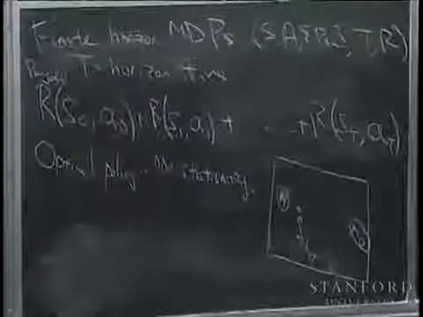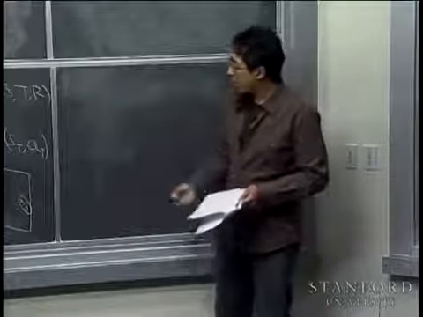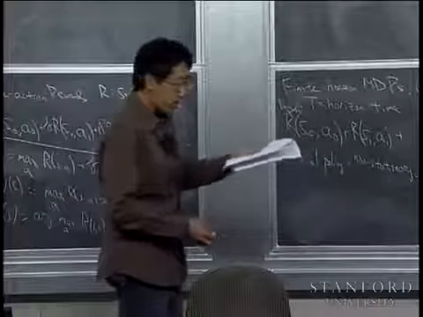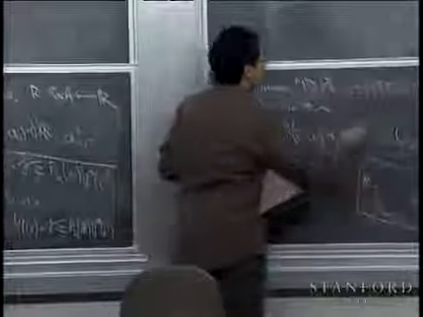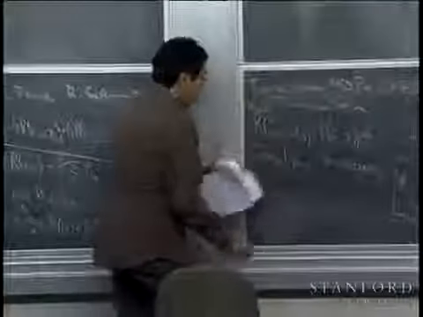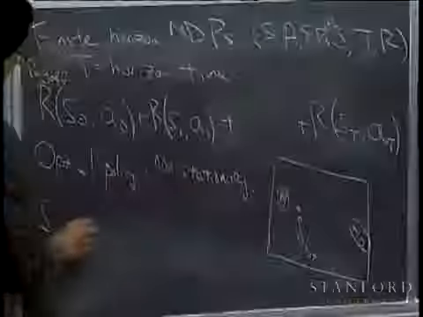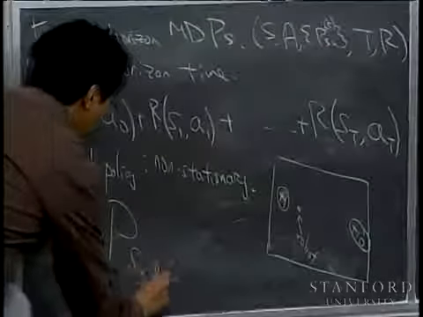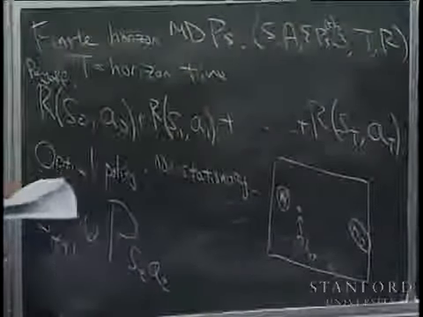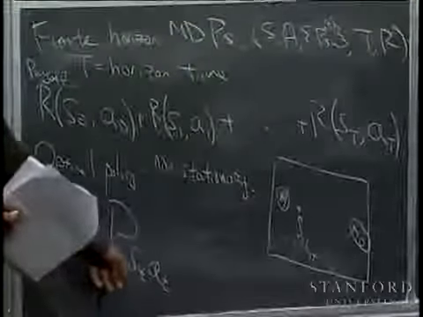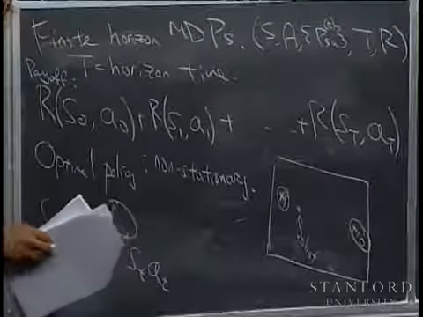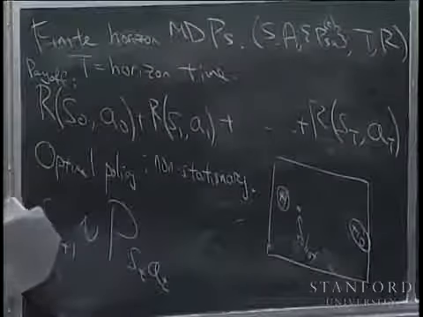Okay. So, in fact, since we have non-stationary policies anyway, what I'm going to do next is allow non-stationary transition probabilities as well. So, well, let me just write that up there. Concretely, what I mean is that so far I've been assuming that the state S_{t+1} is drawn from the state transition probabilities indexed by the previous state and the previous action, and I've been assuming that these state transition probabilities are the same for all time steps, right? So long as you're in some state and take some action, the distribution over the next state doesn't depend on time.